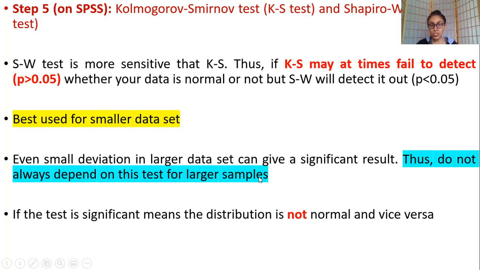I've highlighted this, so please do not. If the test is significant, it means the distribution is not normal. So if you have significant results in this, p is less than 0.05, meaning your data is not normally distributed. And then you may think about, say, transforming the data or using non-parametric tests, and so on and so forth. I hope this makes sense, students. Please don't just rely on this test as best practice. My personal advice would be to use the other techniques plus this technique, irrespective of the sample size. And if your sample size is big, absolutely do not just rely on this test.